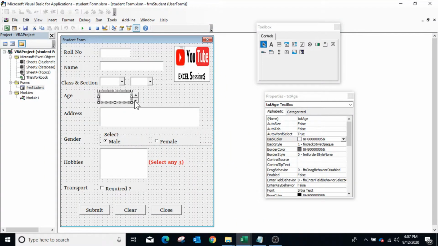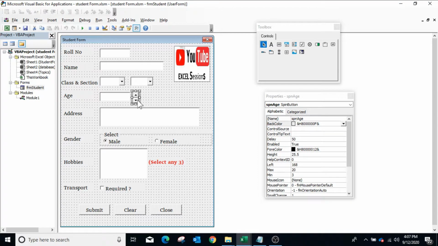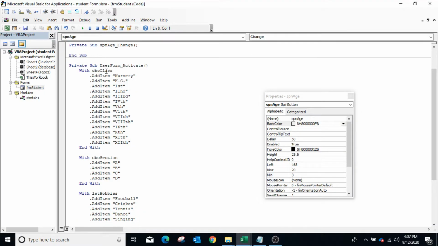Now to show the value of a spin button in a text field, double click on the spin control and inside the change event type txtAge.Text equals SpinControlName.Value.